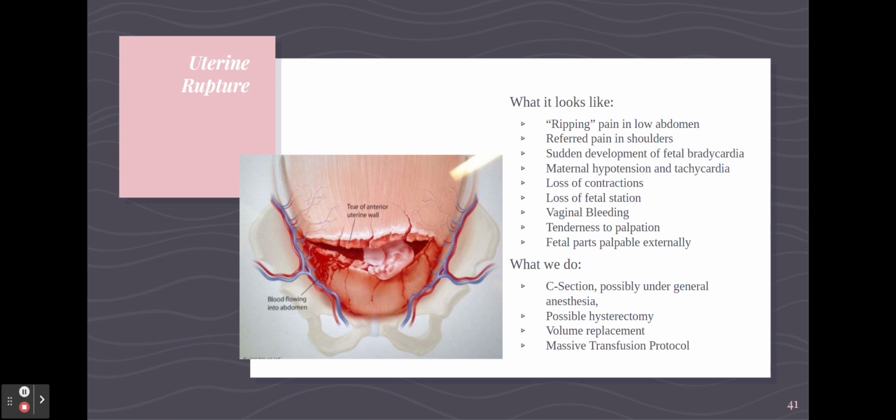When you do a cervical exam, there will be loss of fetal station because now the baby's not pressing down with the contractions of the uterus because the uterus can't do that anymore. So you might have had a baby who was like a +1 station. They were at the 1 centimeter past the level of the spines, and now you can't find the baby's head. Tenderness to palpation, extreme tenderness.